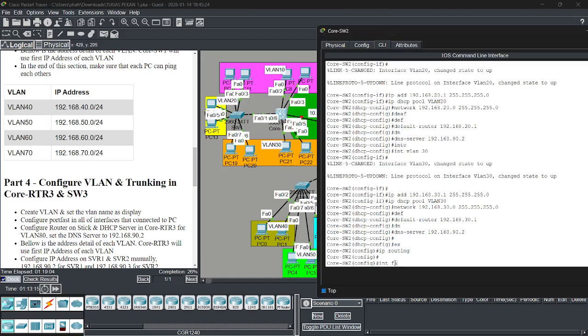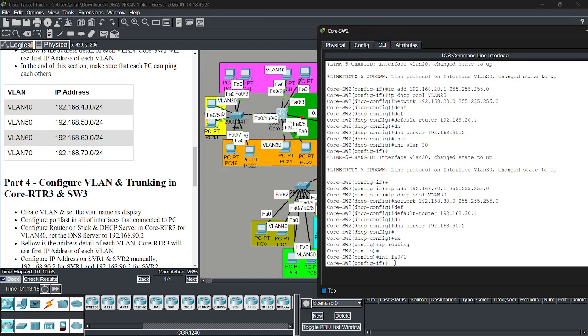Interface FA0/1, and then we add the IP address 10.10.10.10 and the subnet mask 255.255.255.252. Okay. Oh, I forgot.